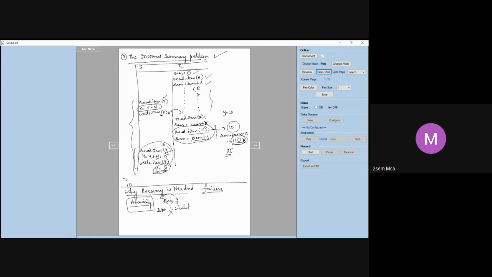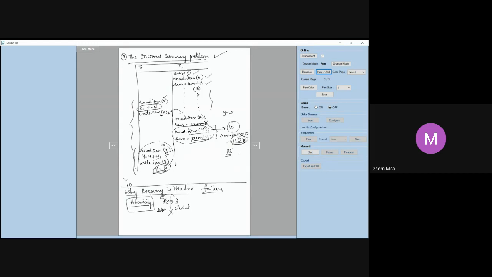Do all the operations of a transaction completely or don't do anything. So whenever a transaction is submitted for execution, the DBMS should ensure that all the operations are completed successfully and recorded permanently in the database. Or it should ensure that if there is going to be a transaction failure, whatever has been done half is all undone and rolled back, and the system should look as if nothing happened.